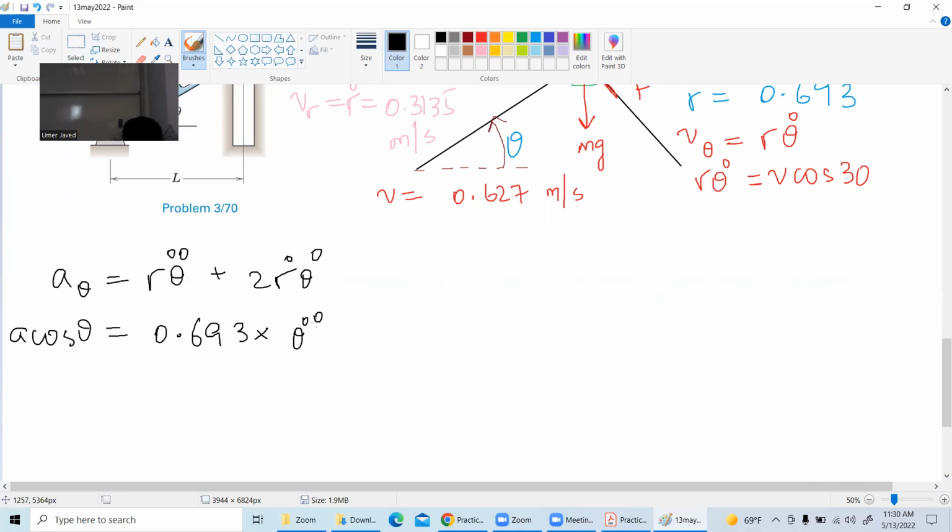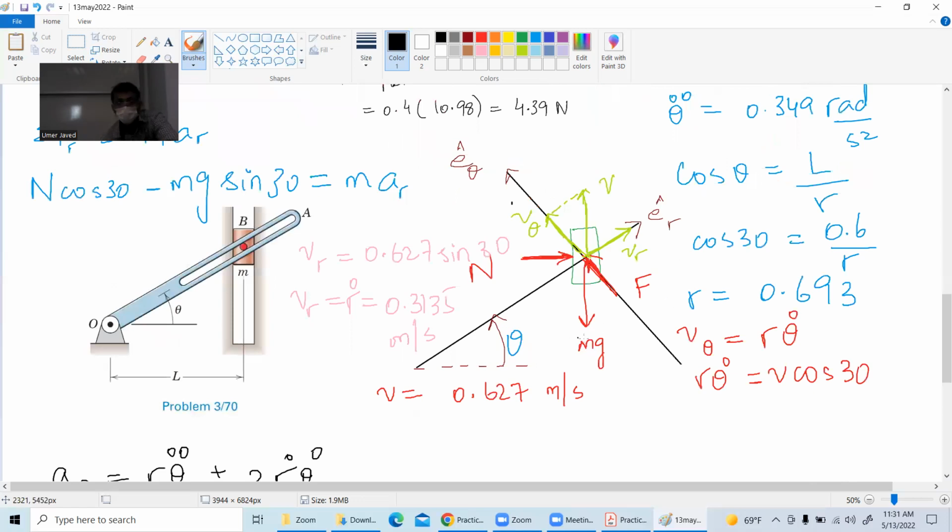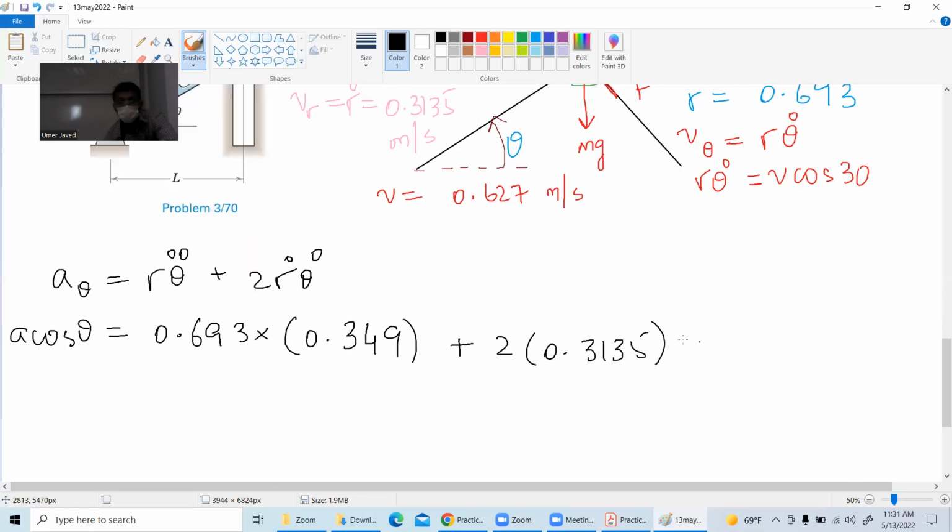Theta double dot is given, sorry, 0.349? Yes. Okay, thank you. Plus R dot, which is 0.3135. Please bear with me. Theta dot is 0.785. Okay, then I get A is equal to 0.7336. Now